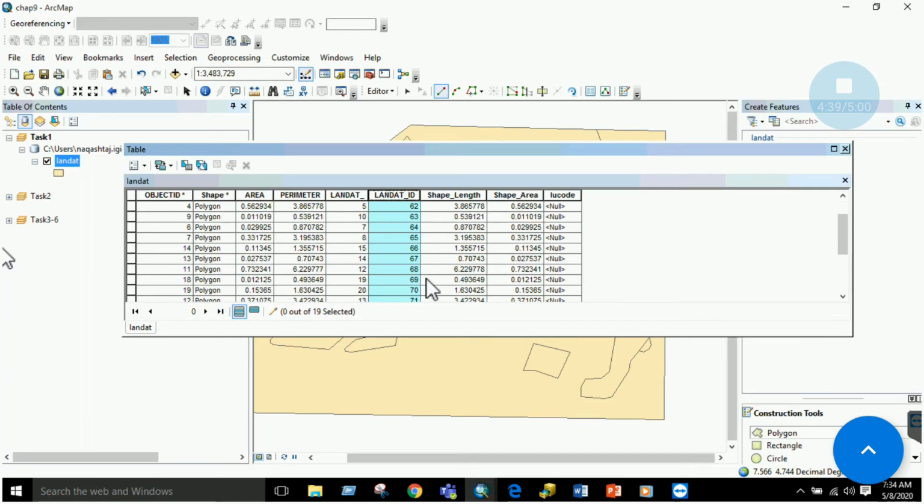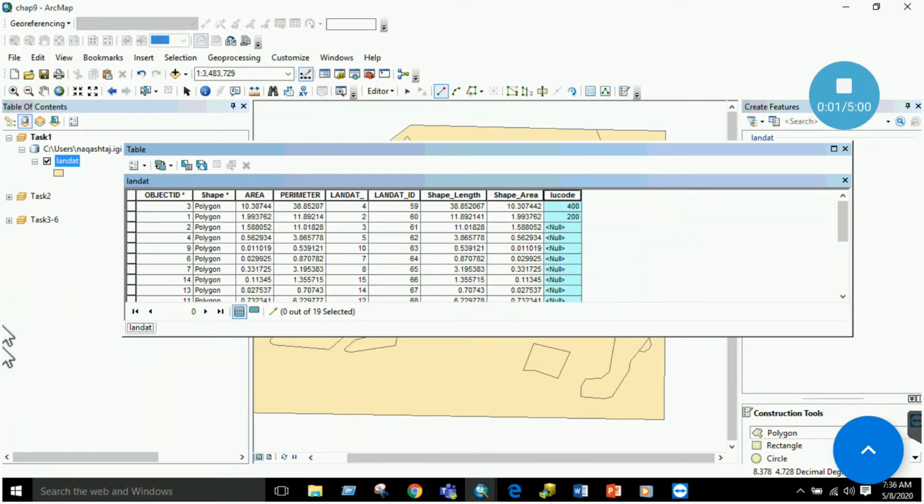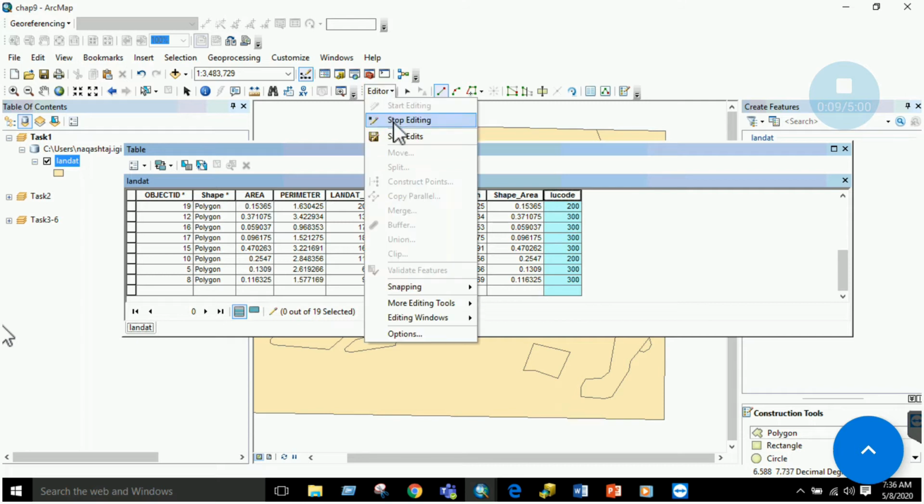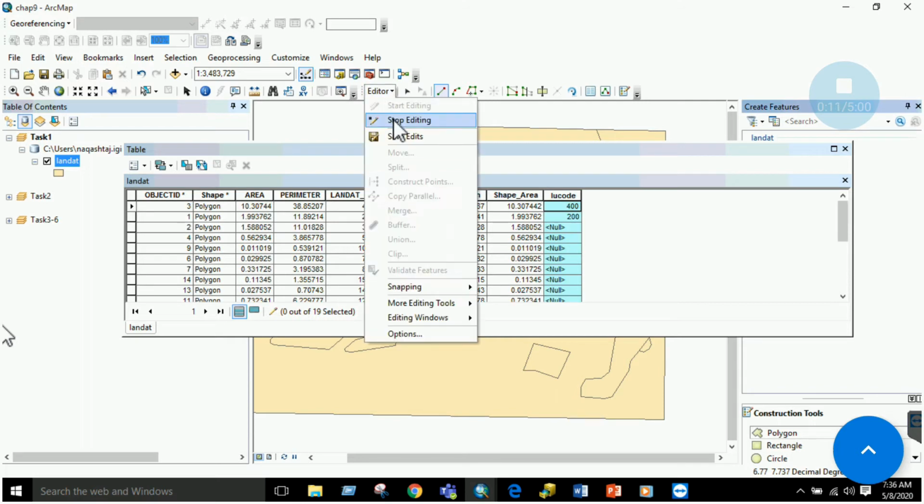Let's start from 69. Here I have to enter 300. Similarly, you have to fill all the values which are mentioned in the PDF. Now here I have filled all the values which were mentioned in the book chapter. So once you are done with this, you just have to save edits and click stop editing.